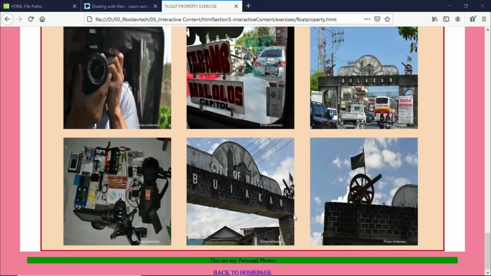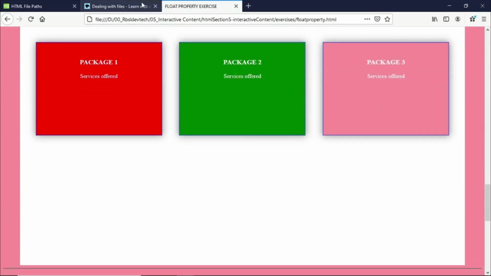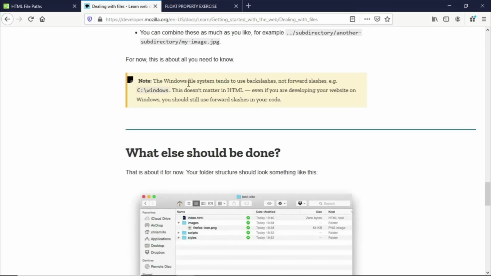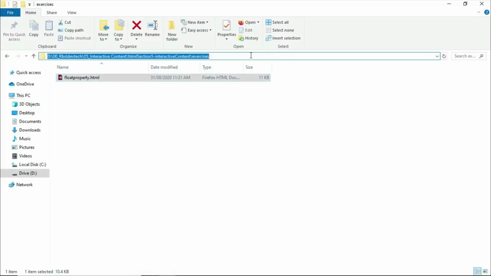I hope that you understood how the relative and absolute path works. And just one keynote, everyone, the Windows file system here tends to use backslashes, not /. Windows, this doesn't matter in HTML. Even if you are developing your website on Windows, you should still use / in your code. Okay, what does that mean? If ever we saved our file here, we can see that this is the absolute path to the exercises folder here. And if we use that inside of our code editor, but this is not recommended,